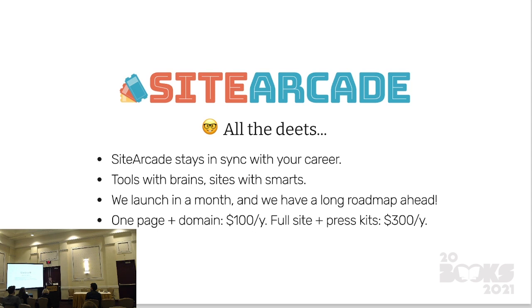We have theming tools where you choose a brand color, and then we have a palette generator that will take your brand color and find harmonious combinations. So you can't break what your website looks like if you don't have an eye for design. It'll even pull in colors from your book covers